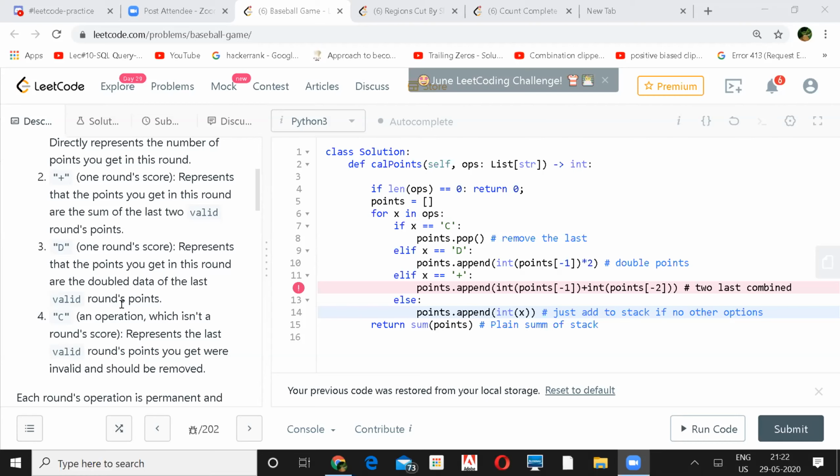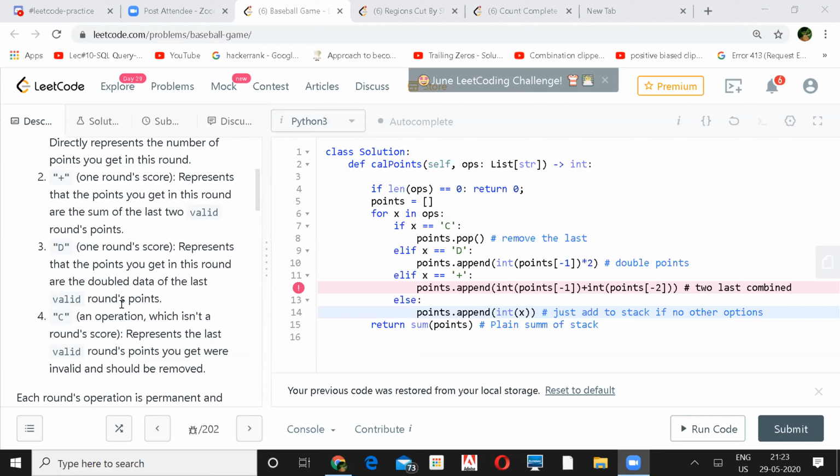One more thing I want to tell you about this code. We can still optimize, I guess. See, when we are using for x in ops, after the for loop ends you are returning the sum of points, which is good. But we can use sum equal to 0 first, and in the for loop only we update the sum, so it only takes one iteration. In your case it is taking two iterations, because returning the sum of points will also take order of n again.